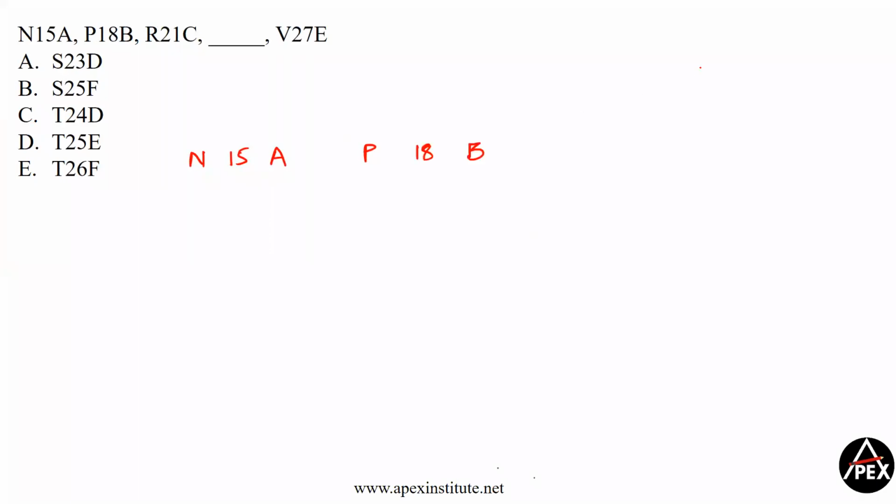P18B, R21C, dash, option C. Okay. Now the number corresponding to N is 14, A is 1, P is 16, B is 2, R